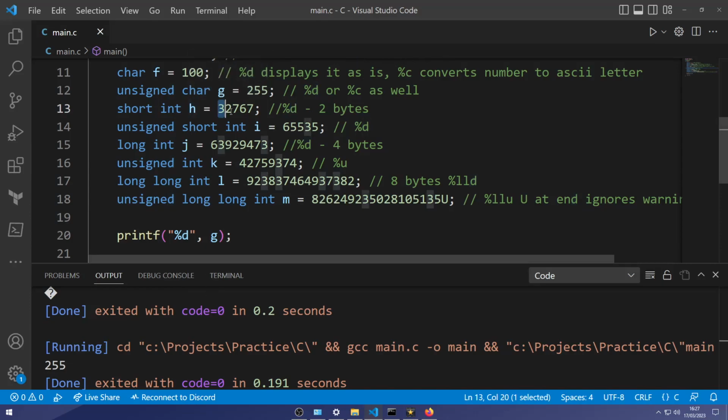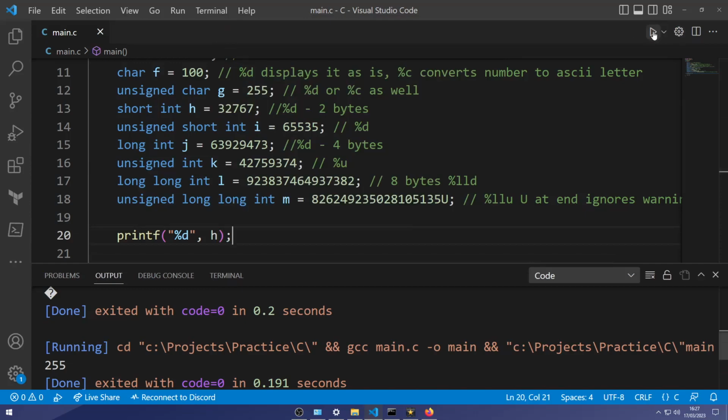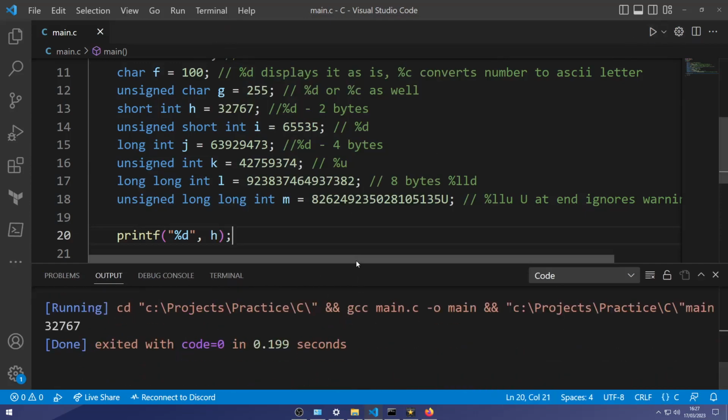So for the short integer to get this number, we'll use H and a %d to call it. For the unsigned short integer, we'll use the I, and this also uses a %d.